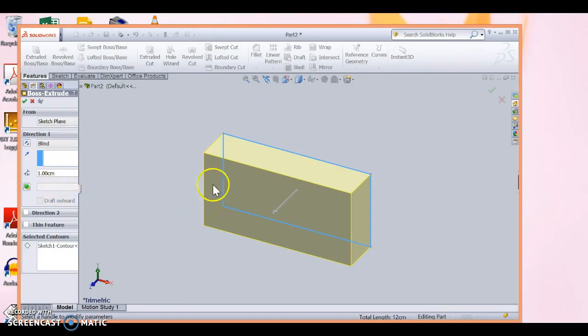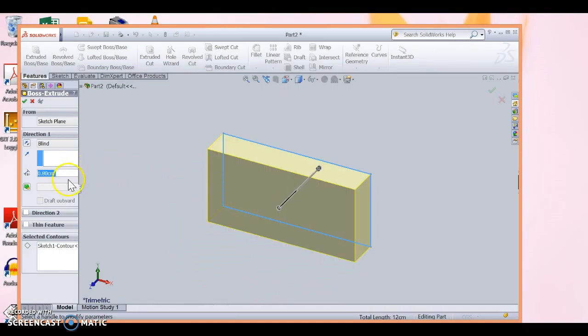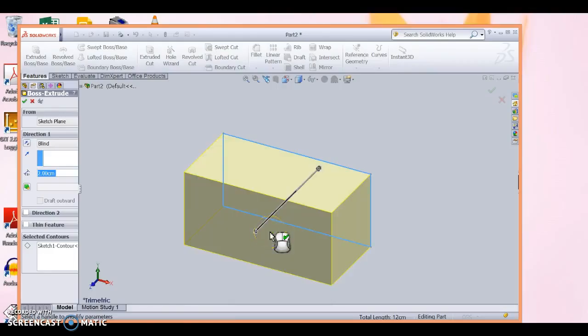I could either pull this middle piece in and out, and you see right here this number is changing as I'm making this bigger or smaller. So if I'm good, I could just ease it into the 2. Nope, whoopsies, I wanted 1, didn't I? Instead of messing around with that, I'm just going to type 1 in here, 1 centimeter, and hopefully